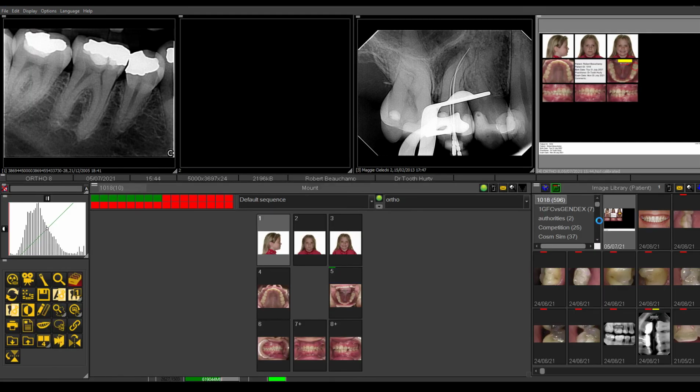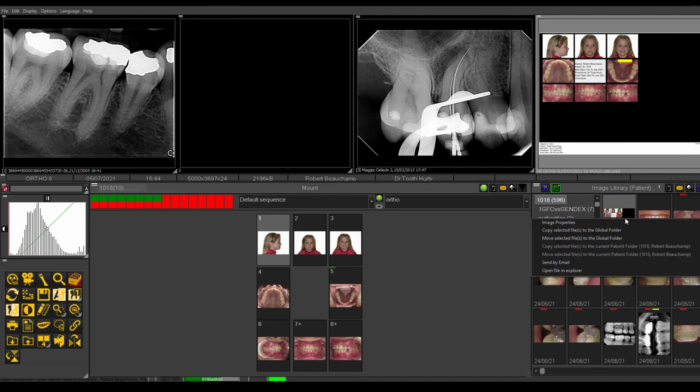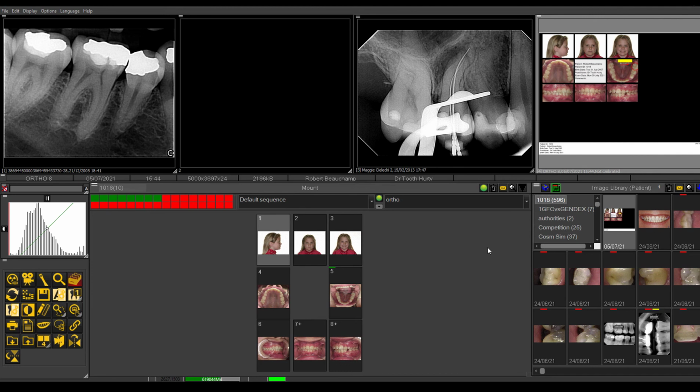Double click again if you want to email it. There are always very easy ways for you to email. There's a direct email activation here. If you right mouse click, you could actually send by email. You can see where the file is saved. There's a number of things in the drop down menu. So that's how you would use full screen mount for any of the mounts you'd like to make full screen, and you can modify and save those changes and then save that as an image if you'd like, or email